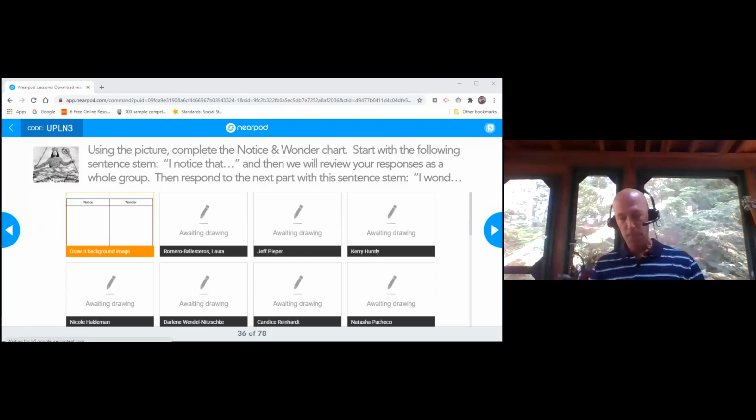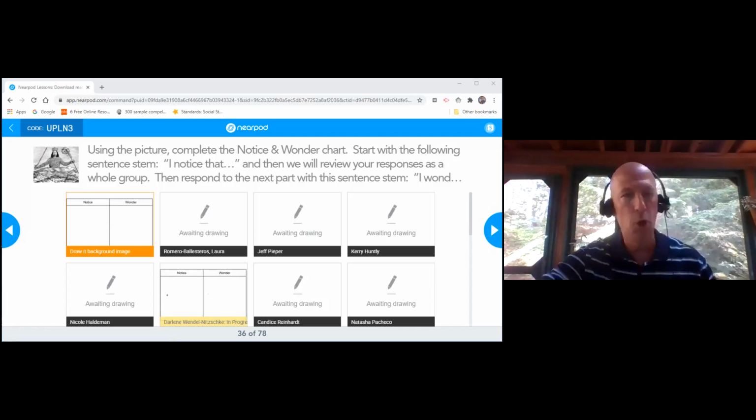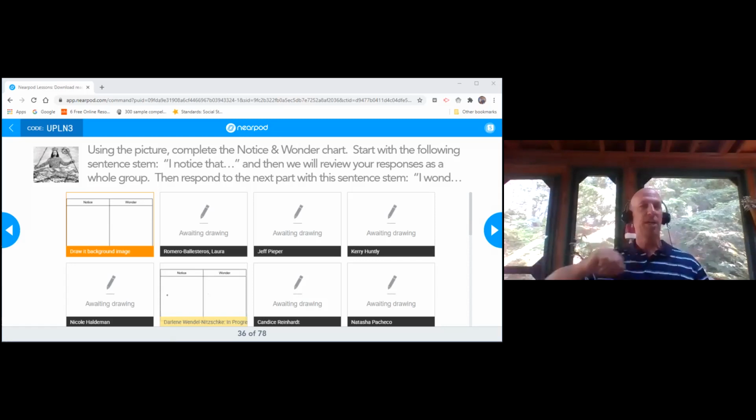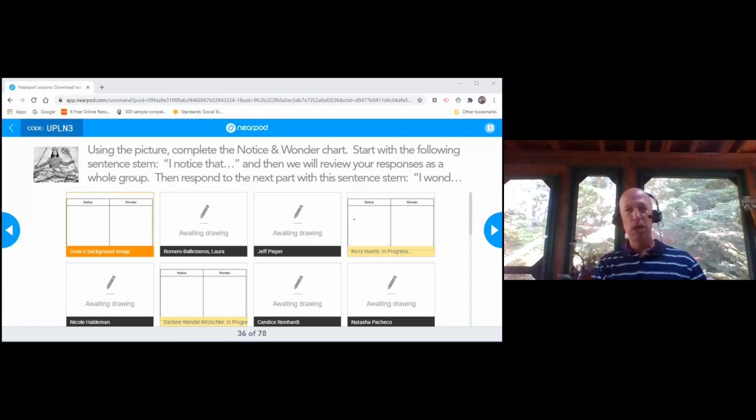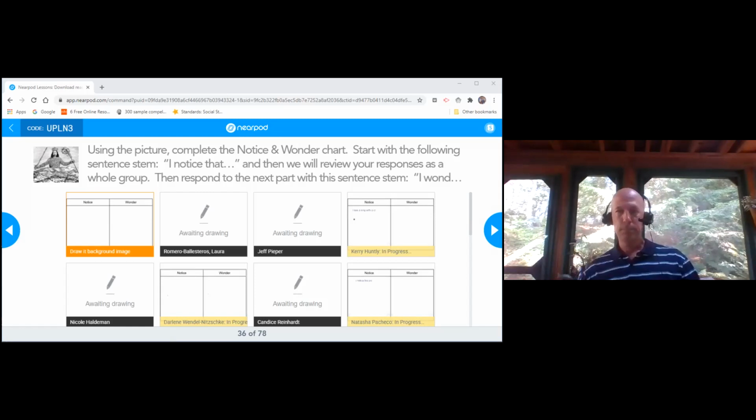How about I give you a minute to go through? How about a minute and a half? Give you a minute and a half to tell me what you noticed. Just tell me what you notice about the picture. If you open it up, on the bottom there's TT, which is the text box, so you can add a text box there. Those of you that aren't as good at drawing, I'm not very good at it, but you can open a text box and type on there. So what do you notice there? Give you about another minute.